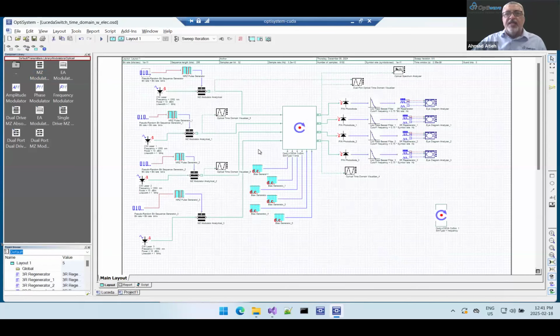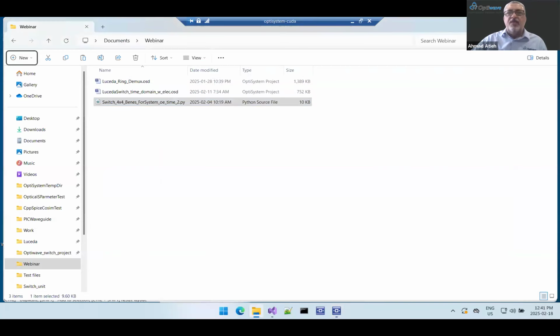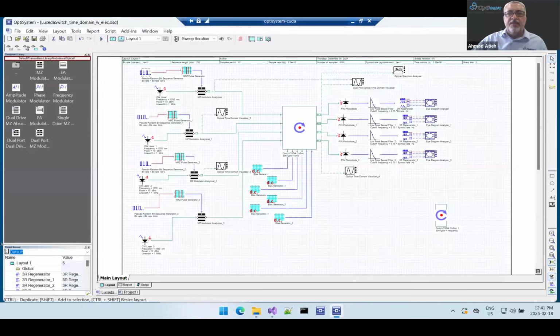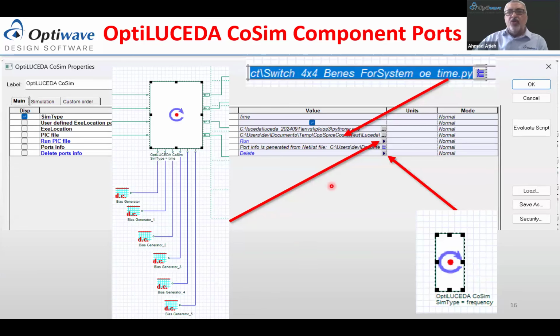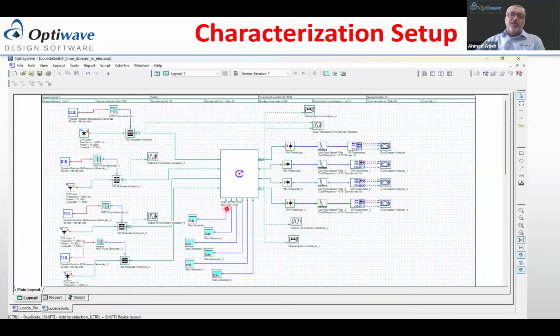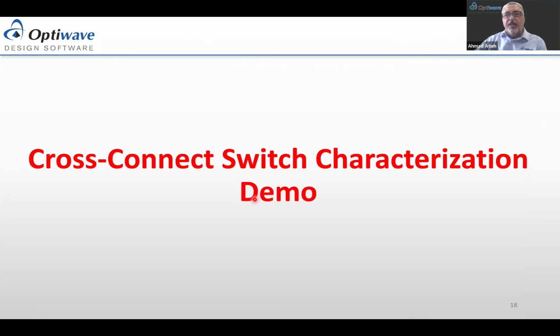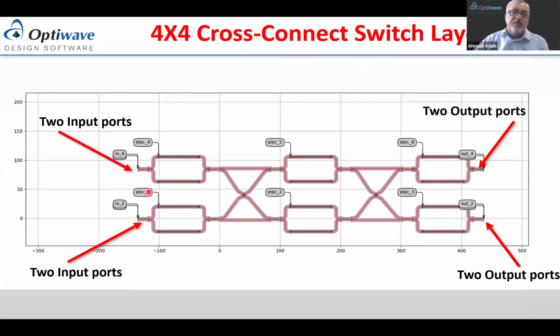Now, this project here, as you can see, we have 4 boards, and let me go back again to the slide to continue, just to show you the discussion. So this is the block diagram which we just saw in OptiSystem. You have data generated at each board of the switch. So you have 4 boards here, as shown by Nirav. There are 2 inputs here, 2 inputs here, and then each